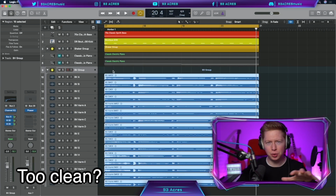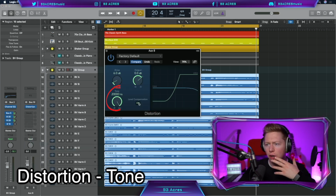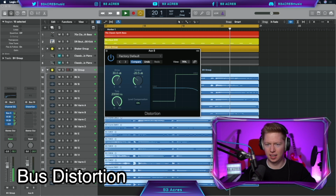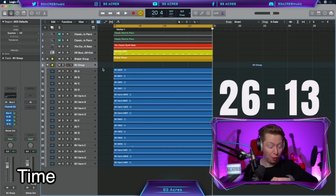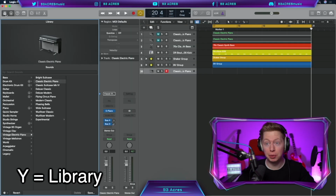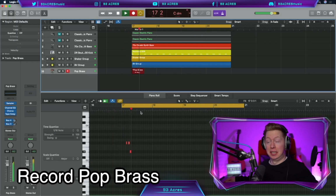It still sounds a bit too clean, so let's try one more bus. Bus 10, distortion, distortion. Full tone level compensation, bring down the output and up with the drive. A little bit of grit always helps. 33 minutes, 47 seconds. That took so long. Create a new software instrument. White, open up the library, search brass, pop brass. And the brass goes like...